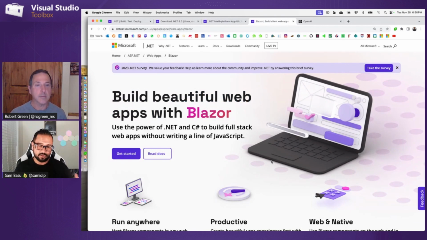So with these two things, you are targeting a huge plethora of apps that people run, be it on the web or on mobile or desktop. And you got all of the tools, be on Windows, Mac or Linux, use Visual Studio or VS Code, and all of the intelligence and all of the extensions are there for you to be more productive. Great. That's fantastic. So just a high-level overview.